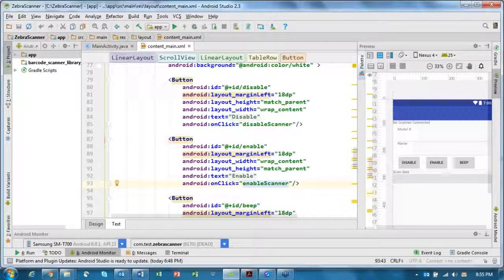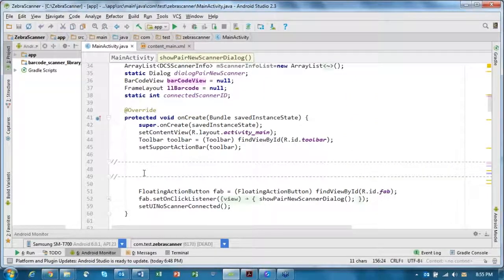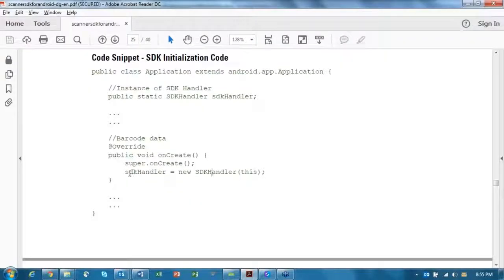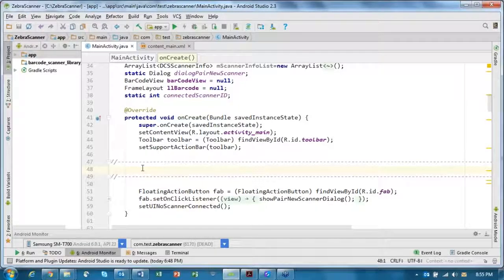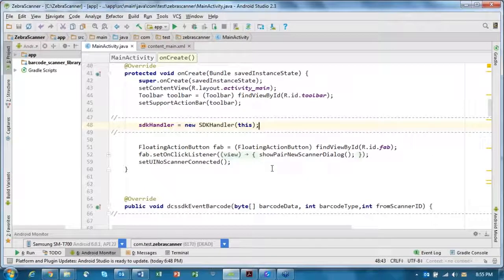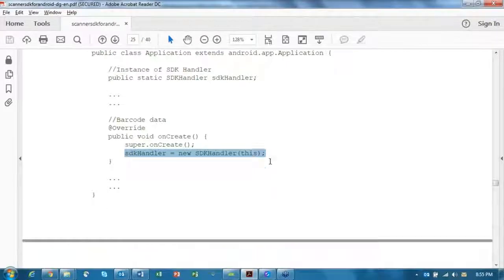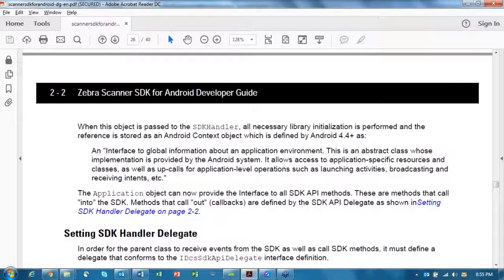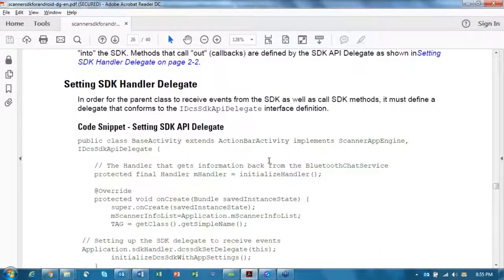I have created all the UI components, and I'm going to add our SDK components into this UI. And this is how you should do that. First of all, you need to create the SDK handler object, and I'm going to copy and paste code segments from our developer guide into this Android Studio project. And then what you have to do is